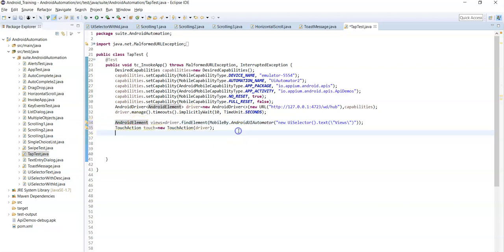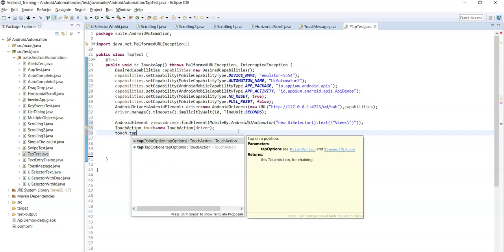Now touch dot tap. There are two tap methods in the TouchAction class, so you can use either of them. But the recommended one is tap options. You can tap on that element using tap options or coordinates. Point options is nothing but coordinates, so you can perform tap action using coordinates of that particular element as well.